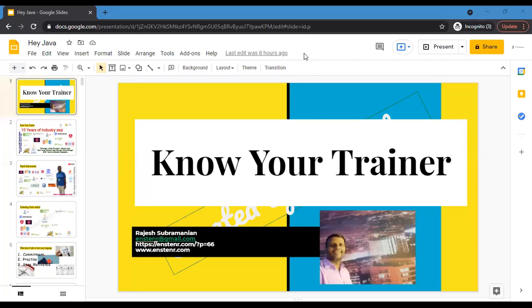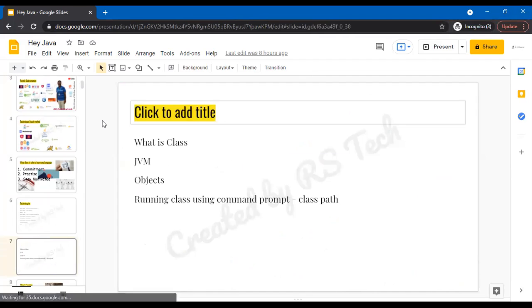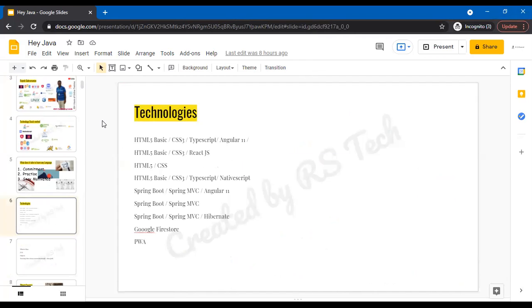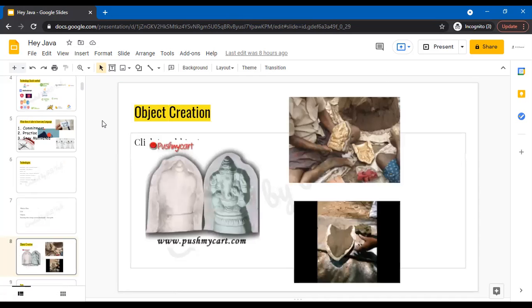Yes. So we will start the recap, review, and I'll go over the frequently asked questions for the last 3 days. So we started with the core Java. I first gave an introduction on what are the different technologies available. So we went over class, JVM, objects, and I gave an example of object, that is the mold through which